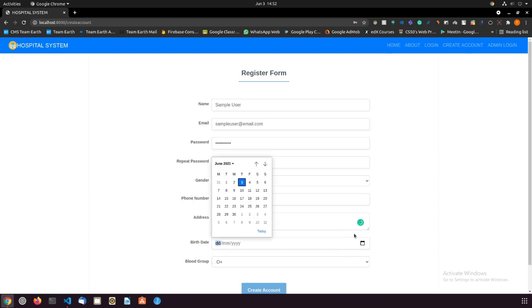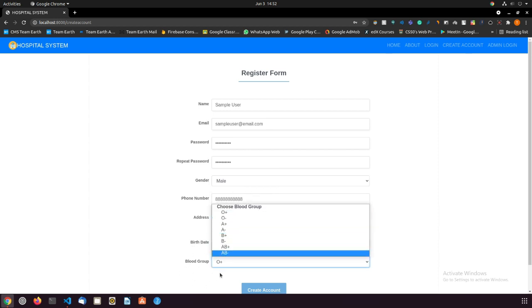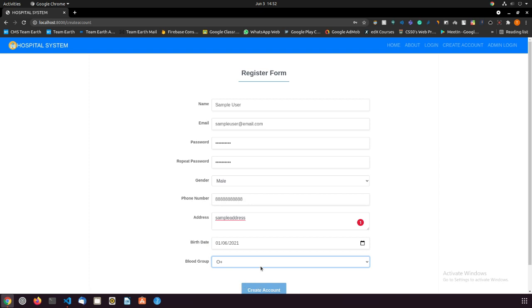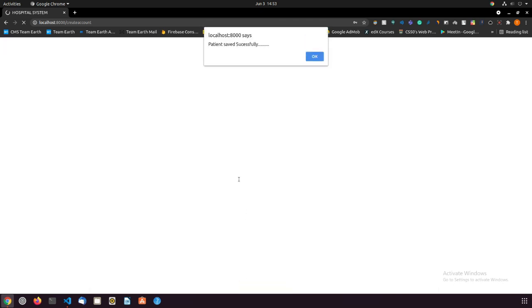and then you have to give the birth date, and any birth date is fine. Let's just put 2021 June 1st, and then you have to mention the blood group. The blood groups are given here, you can select anything, and then after that you have to create your account, and then it will show you an alert called patient saved successfully.